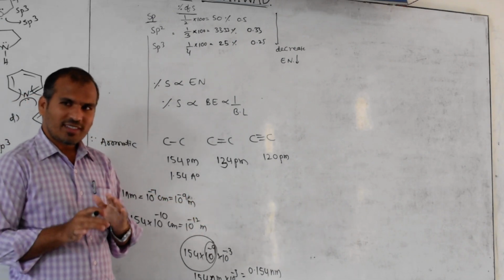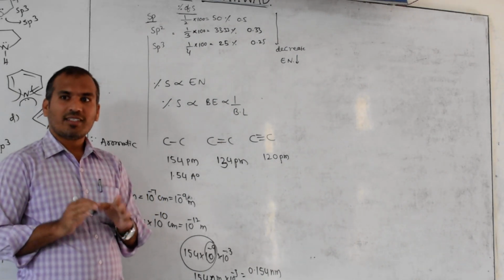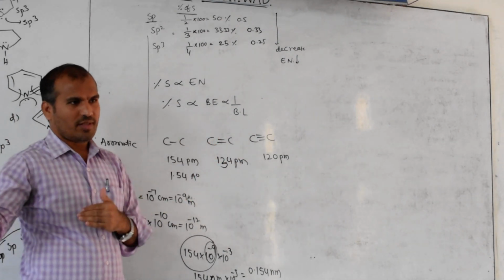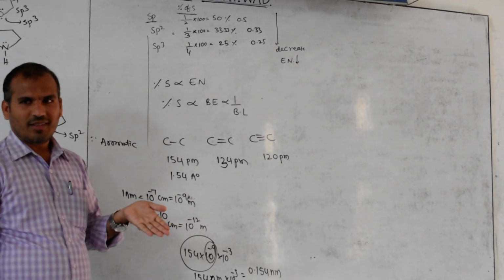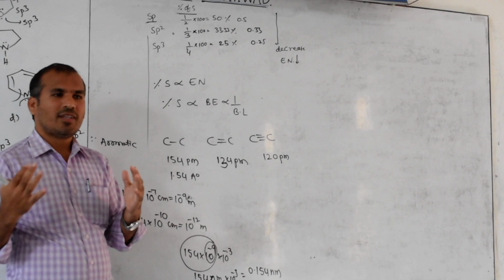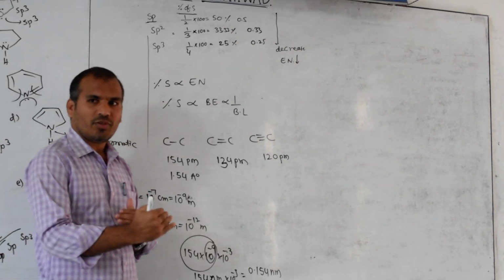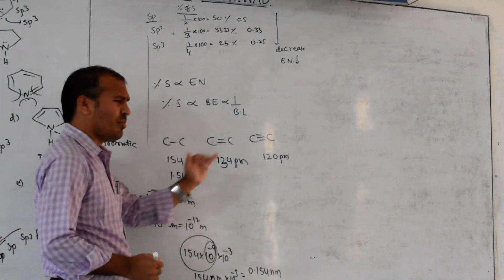Why am I discussing all this? You should not forget where these concepts are present, because they can interconnect chapter to chapter. How many questions are there now? Only 25 questions in JEE Mains. So they can convert these 25 questions from one chapter to another. So bond is a concept, you should know where it is present, then understand how they interlink. This is next. Now I give the simplest one.